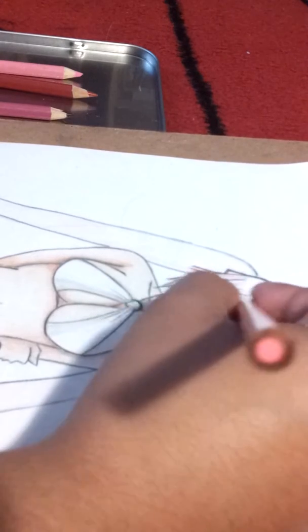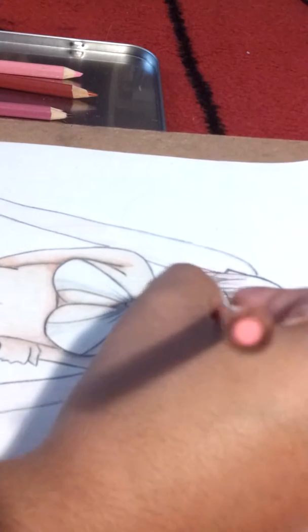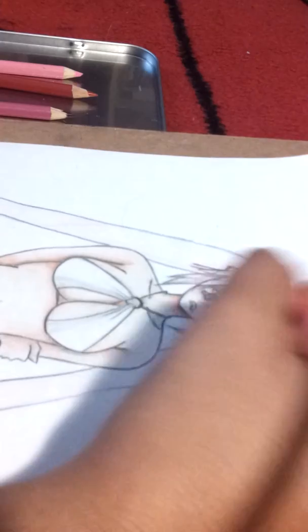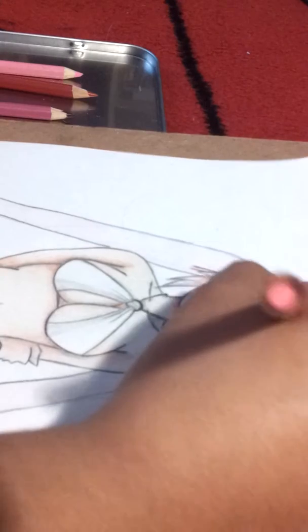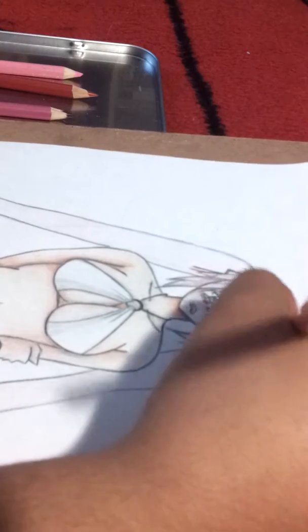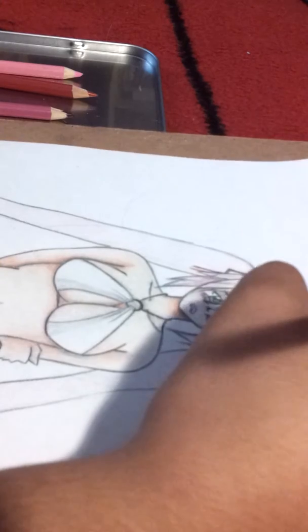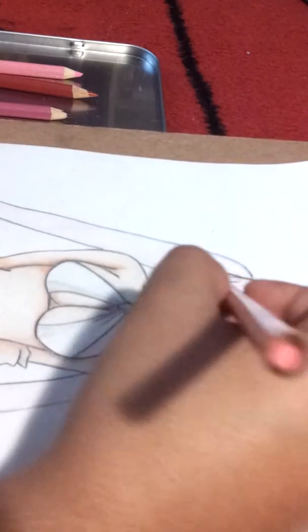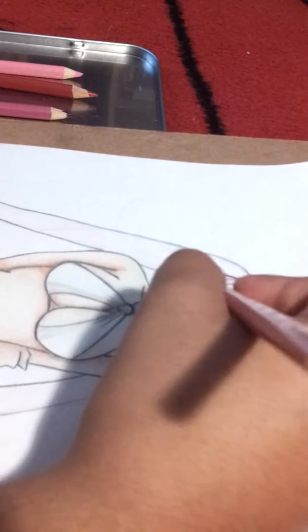Yeah, so you just have to keep going on this and just do the best that you can. Like, you could just try a feathering motion, as I see in other YouTube videos that they do a feather motion, and it's quite helpful, you know, if you like that sort of style. But in my defense, I just do the circular motion style or the back and forth style,